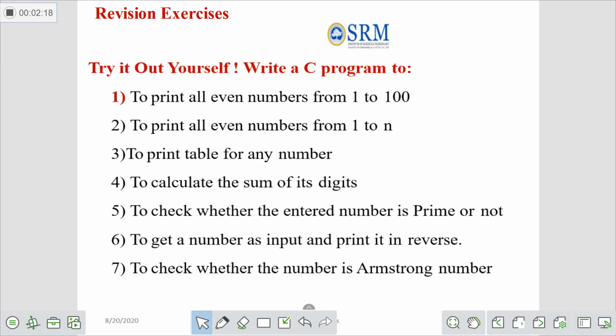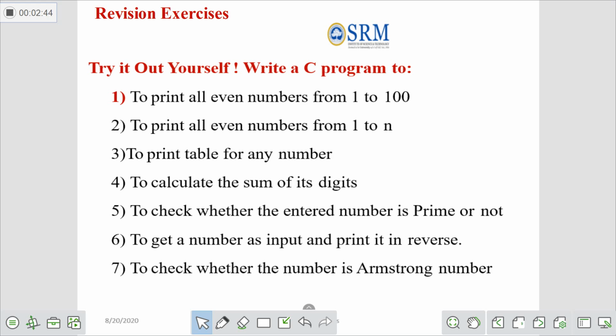So these are some of the exercises given to you to refresh your while loop knowledge: to print all the even numbers from 1 to 100, to print all the even numbers from 1 to n, to print a table of any number, to calculate the sum of its digits, to check whether the entered number is a prime or not, to get a number as input and print it in reverse order, to check whether the number is an Armstrong number or not.